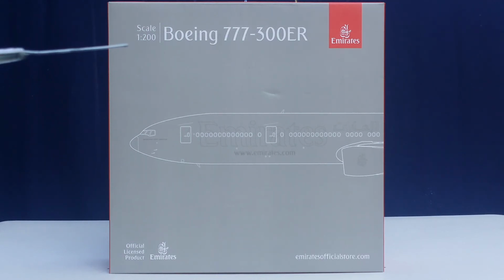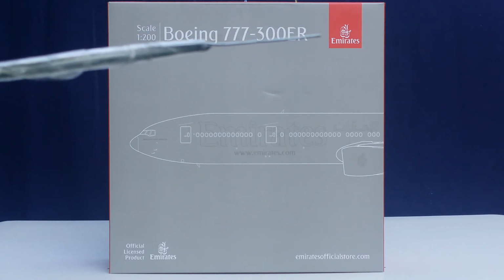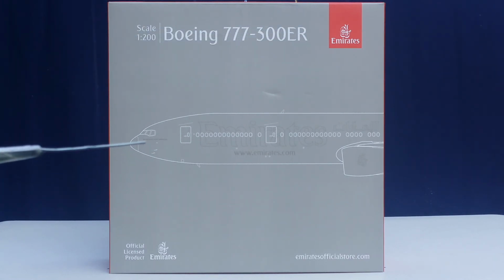You see the model scale information right there, the aircraft type, the Emirates logo right there, decal right there, the computer generated picture of the aircraft, the official licensed product decal, Emirates right there, and their website. You can go get this model as well. This is every Emirates model that's come out, they always use a custom box. Alright,